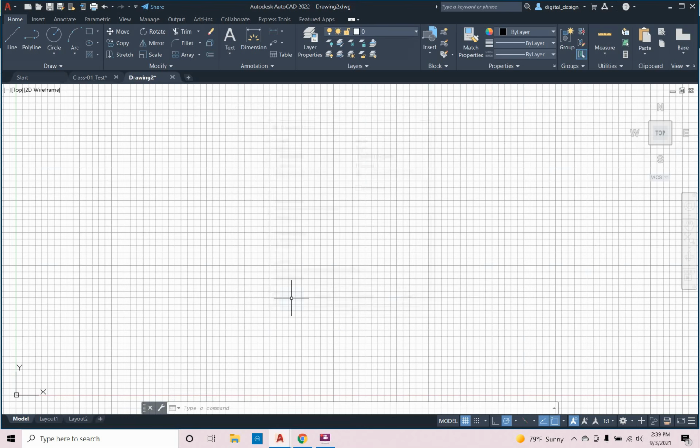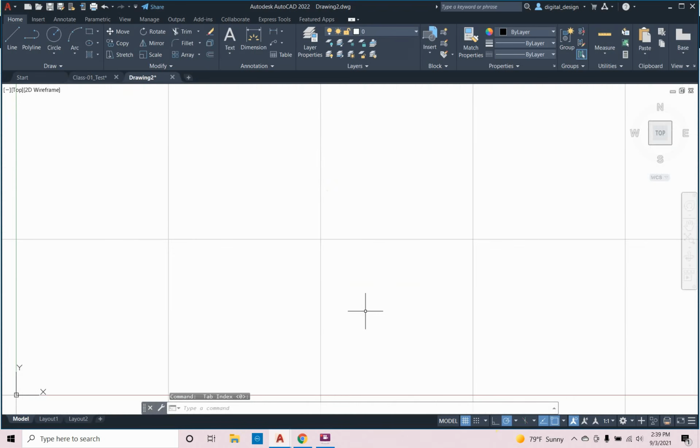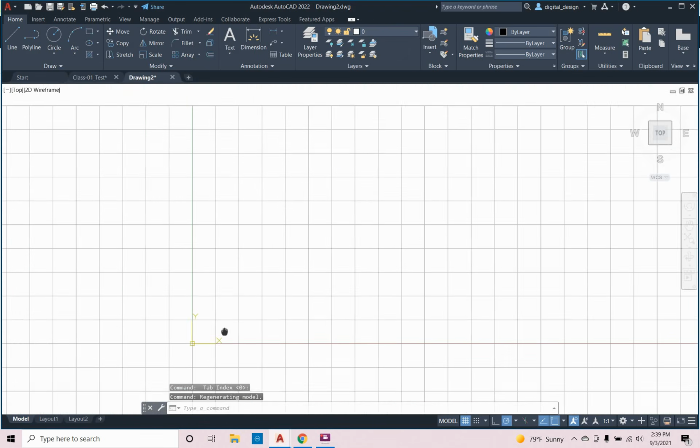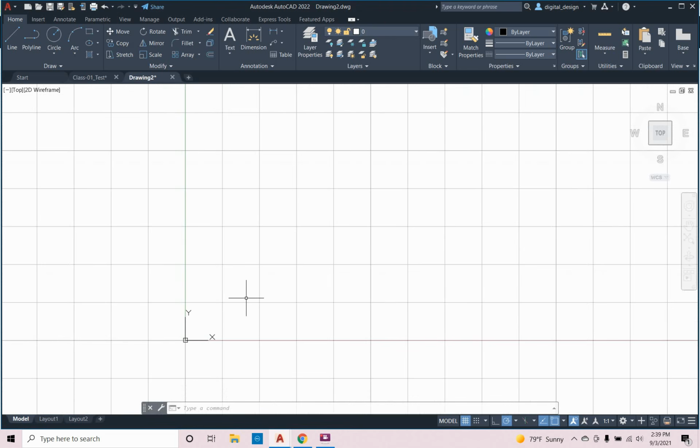Okay. Now I can go back and change my snap settings. So I'm going to change this to 1 foot by 1 foot. That's my snap spacing. And my grid spacing, I also want that to be 1 foot by 1 foot. All right, perfect. So what we're going to do is start off by drawing some walls in